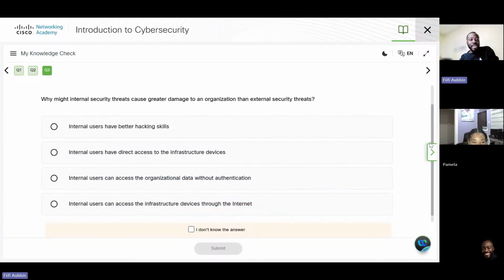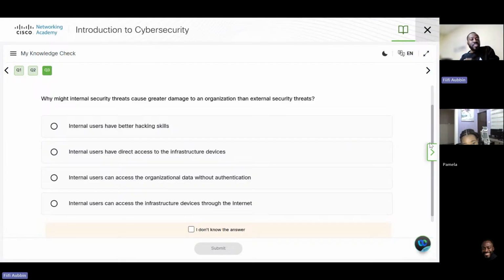Don't worry. Why might internal security threat cause greater damage to an organization than external security threat? Internal users have better hacking skills. Internal users have direct access to the infrastructure devices. Internal users can access the organizational data without authentication.